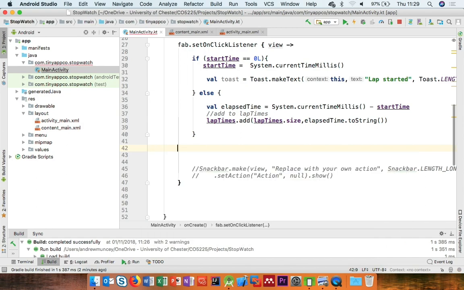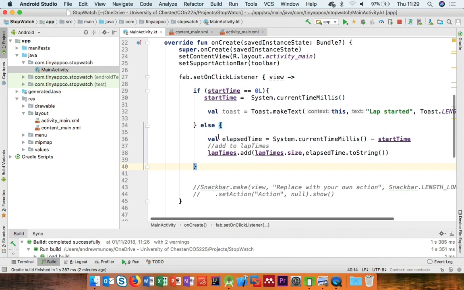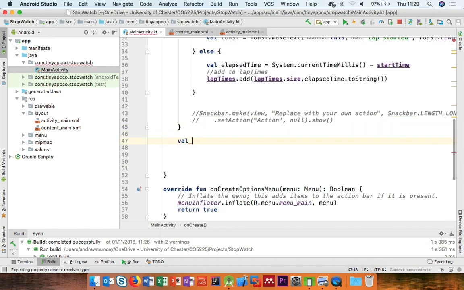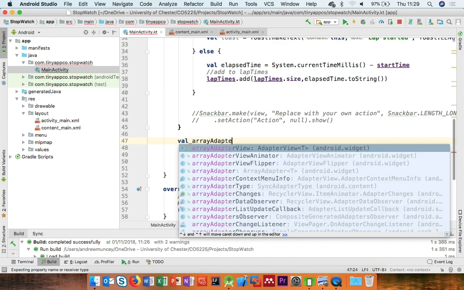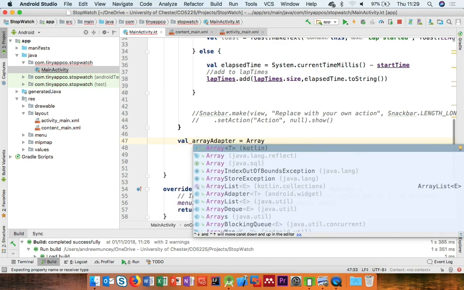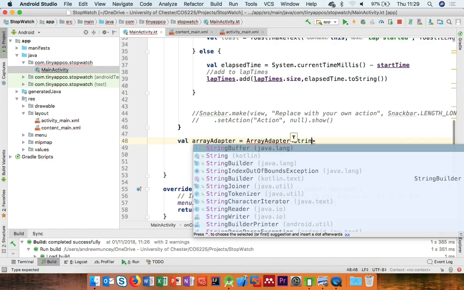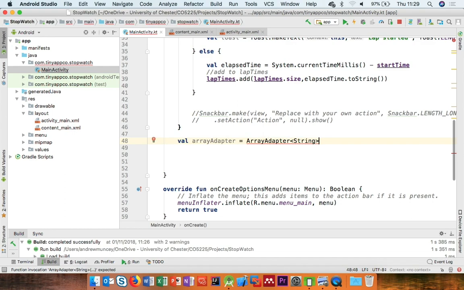Oh, you're over there. I'm over here. Oh no, we're still in our on-click listener. Let's be careful here. That's the closing brace for our on-click listener. So we say val array adapter equals array adapter. And then we specify the type. So this is going to be an array adapter of strings. Okay, obviously if it's a different type, then we specify a different type there. And then